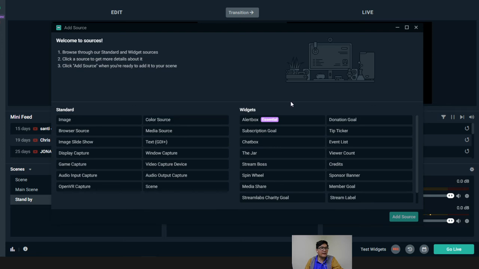One good thing about Streamlabs is that they have widgets. So aside from the standard ones, you can also show in your scene alert boxes, subscription goals,